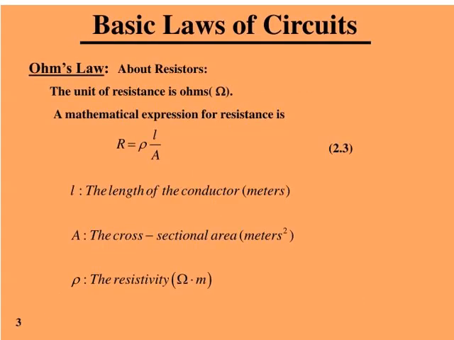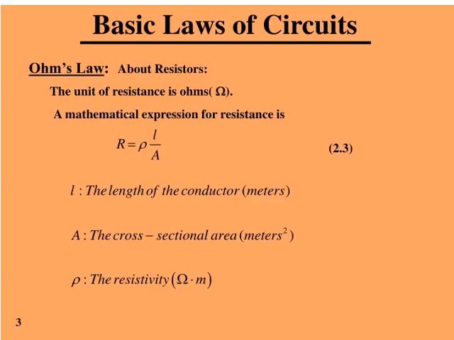Now let me come to the concept of the resistor. A resistor is a passive element, and the unit of resistance is ohms. For the resistor, we can calculate the resistance with the formula R is equal to rho into L divided by A. Here the resistance depends upon several factors. The major factor is that it is directly proportional to the length of the conductor,